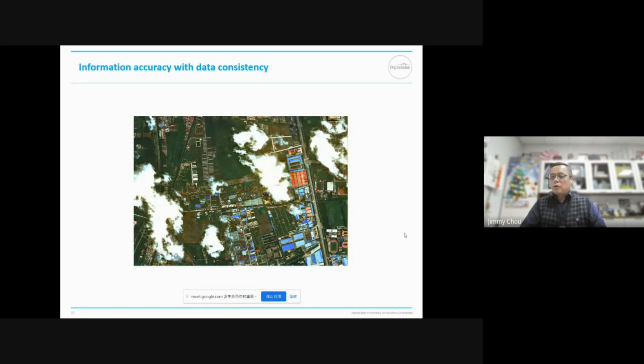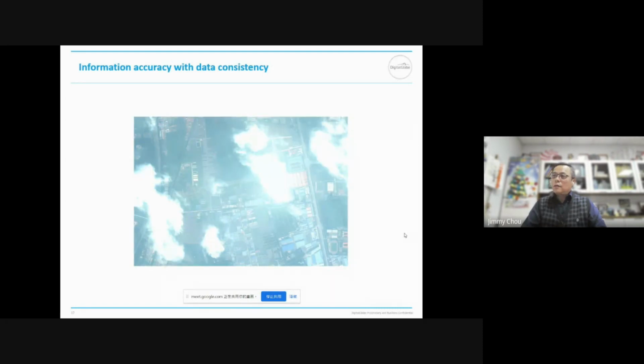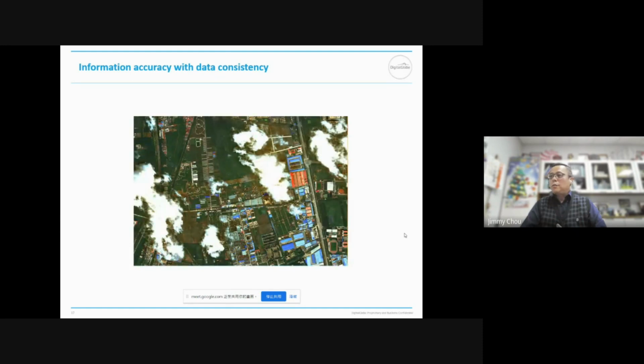We can use some good technology, for example, to deal with fading because of the climate, the fog or the cloud. But it is possible we'll be able to eliminate some of the effect of the fog and the cloud nowadays,